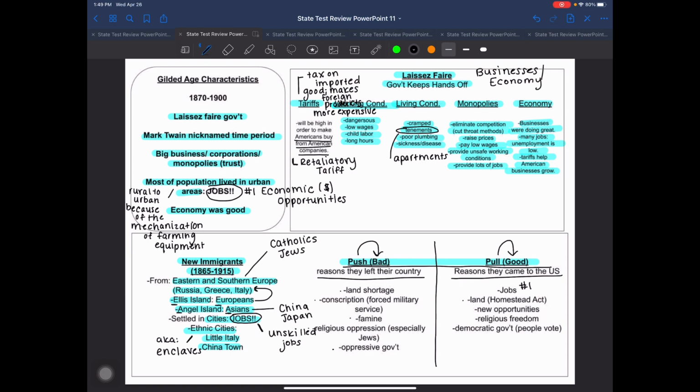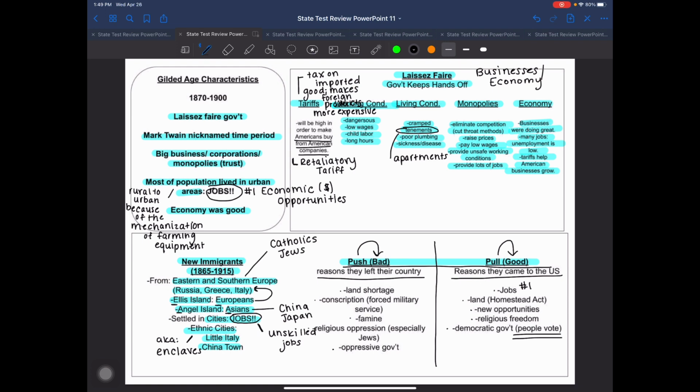The Homestead Act, when we gave 160 acres out on the Great Plains, we actually sent advertisements to other countries telling them, like, hey, come to America and you can have 160 acres. That's how much we wanted to fulfill that manifest destiny. So, a lot of them came over here as an opportunity to be able to own their own land, new opportunities, religious freedom over here, and our government itself being a democratic government where the people are the ones who get a lot of say so in how our country operates.